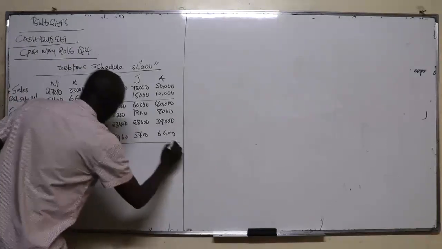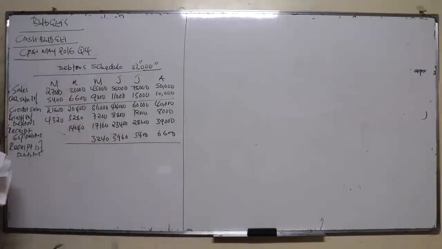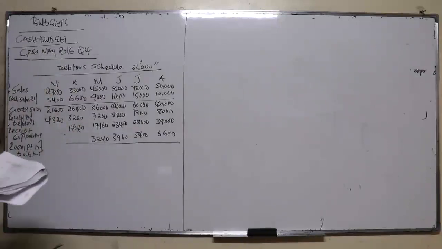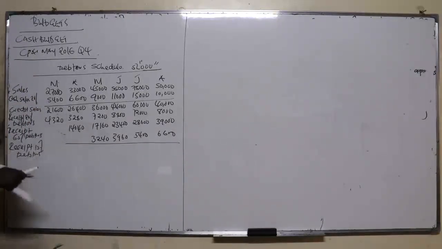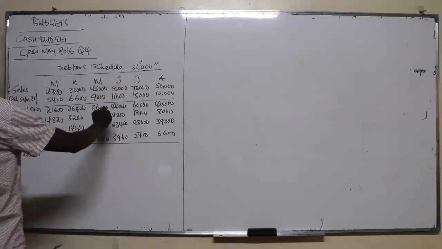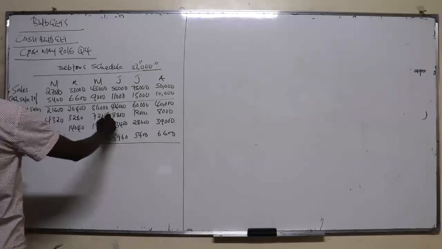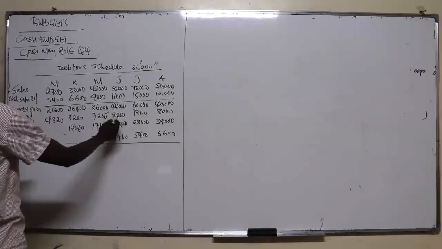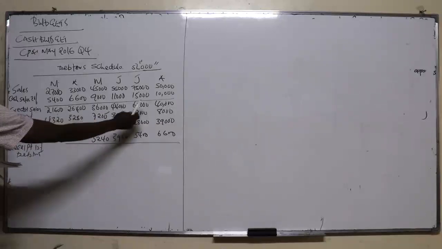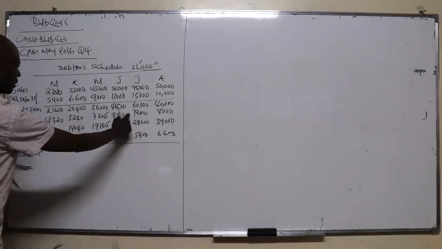Now we come and just confine ourselves to the budget period. We want to see the total amount of money that is received from debtors within the budget period. So the budget period is, you said it's May, June, and July. So now this is this one, this, and this. So these 3 figures. So you add this, this, this, the receipts. So we add these 3 figures.